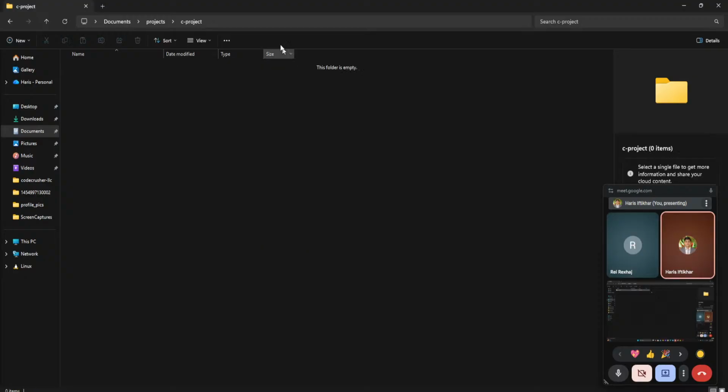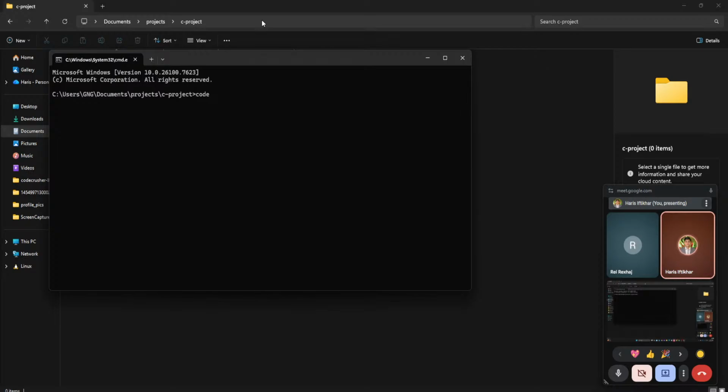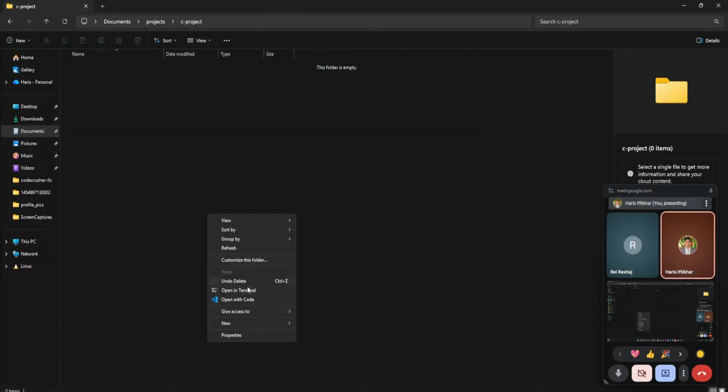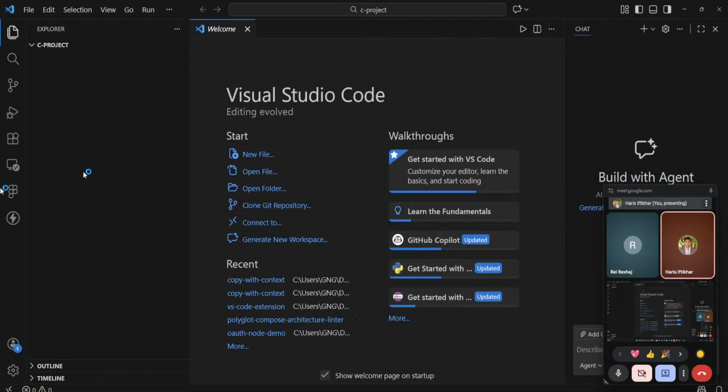All right. So let's go here and we're gonna create a C project folder, and I'm just gonna delete this, and I'm gonna open up Visual Studio Code, since you already used the same thing. Okay. So let's start out with a simple file in C. So we'll call this as